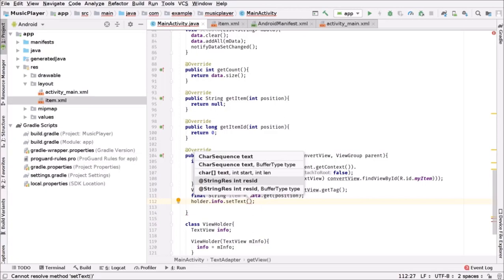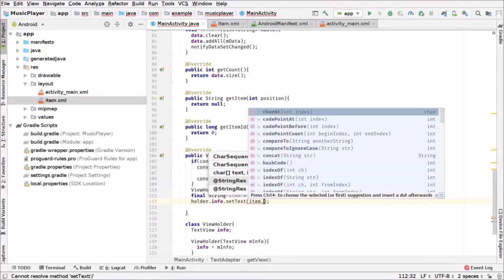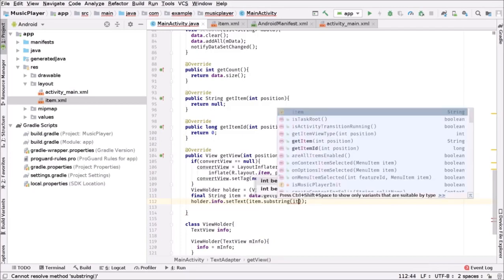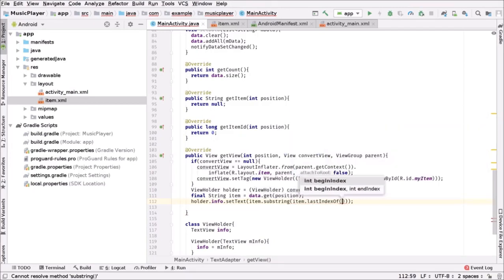So to do that, we're going to say item.substring. And what we'll do here will be item.lastIndexOf, and we will create in single quotes a /. This means just point to the file name, and we will add 1 to this because we don't want to print that / either. So after we do this, we actually have to return the view. So you can say return convertView,